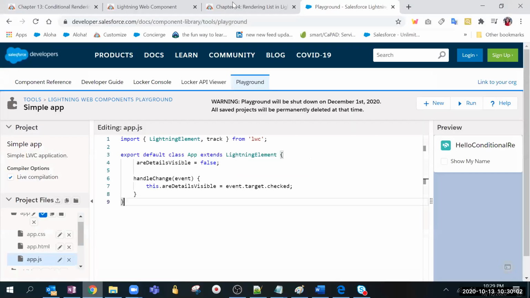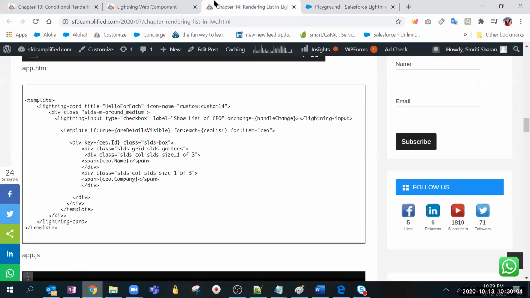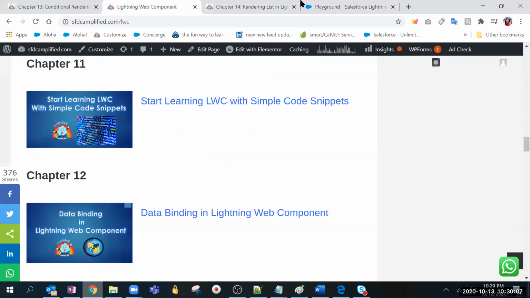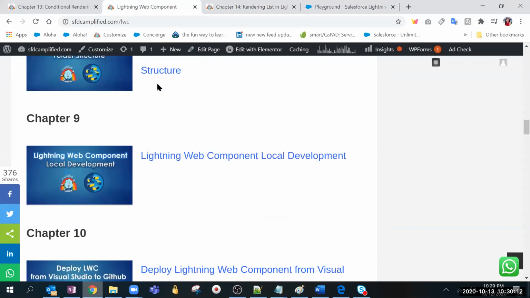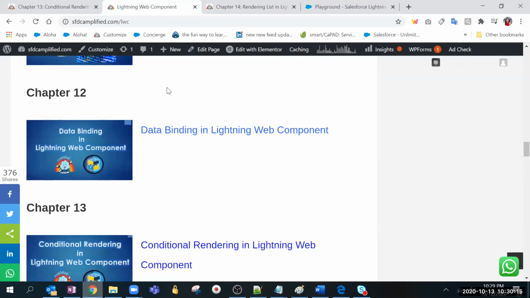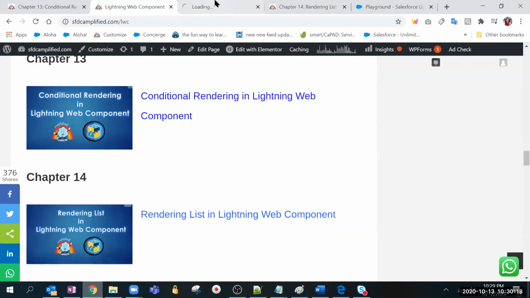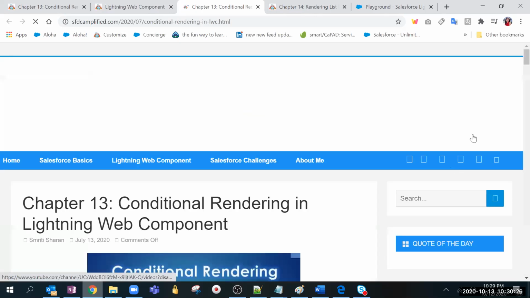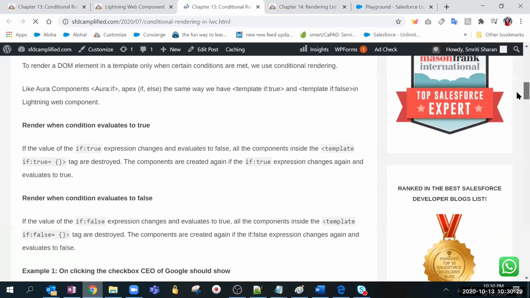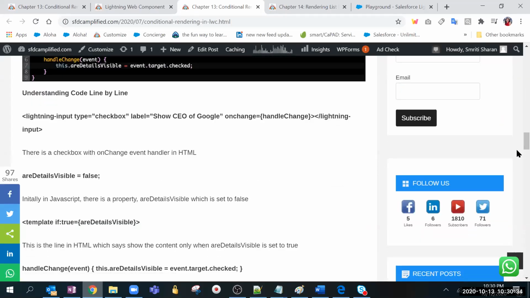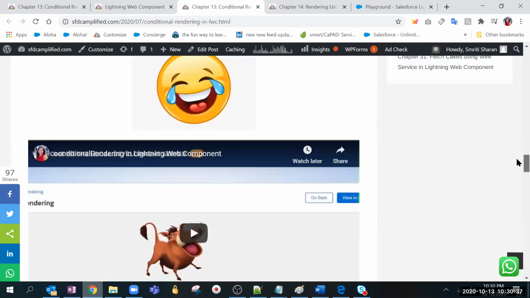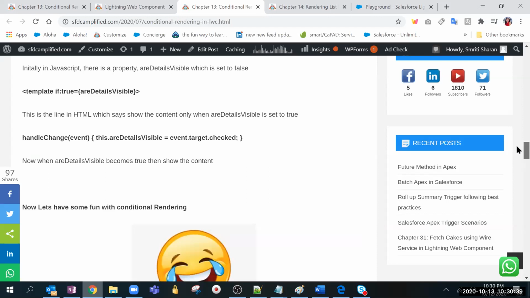Okay. I'll stop sharing them. Yeah. So now I think you all will be a little comfortable with the conditional rendering, right? Yes. So actually, there might be a question in the interview. What is the tag you can use for if true, like in the condition if statement kind of? So it's like a template. Within template only we can use it, with the template tag. If you check the code again in HTML, it is in the template tag if true. So that is one of the questions that might be asked in the interview.